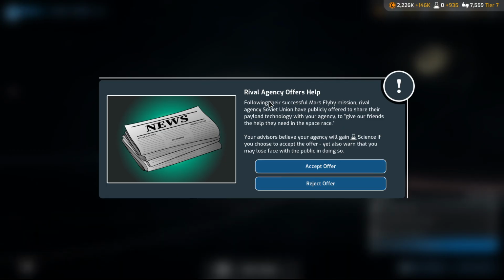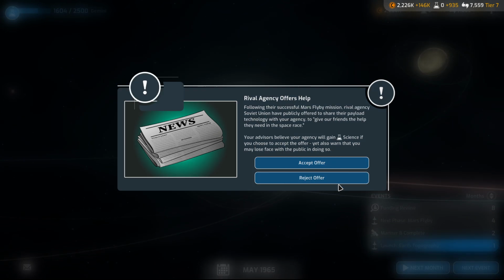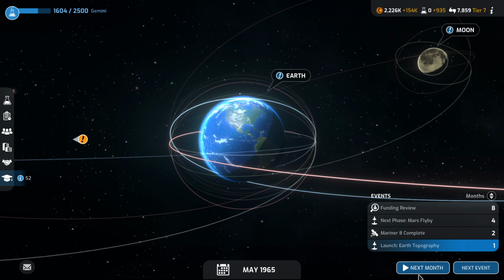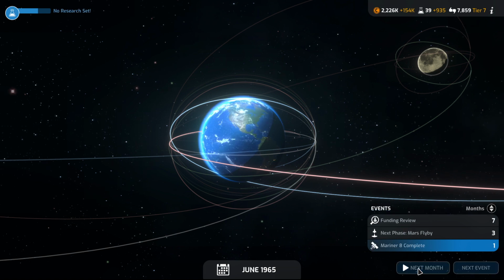Rival agency offers help. Following their successful Mars flyby mission, a rival agency, the Soviet Union, has publicly offered to share their payload technology with your agency. Give our friends the help they need. Your advisor believes your agency will gain science if you choose to accept the offer, yet warned that you may lose face in the public for doing so. It's the Russian Space Agency. Sorry, I'm gonna say no here. Alright. Yes, and the Soviet Union was the first to do a Mars flyby, so...